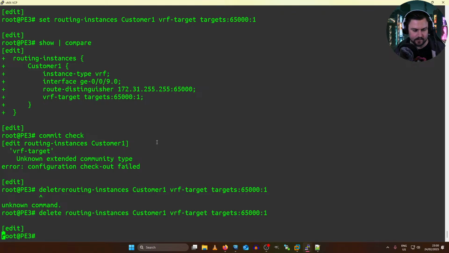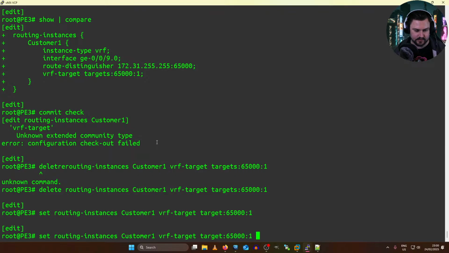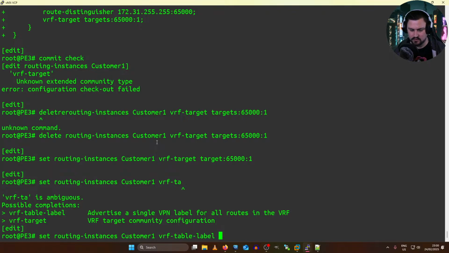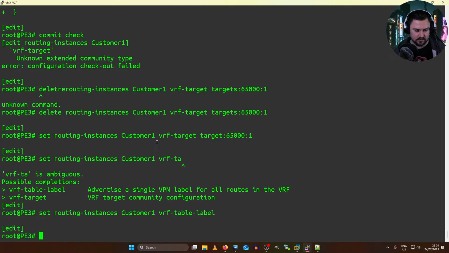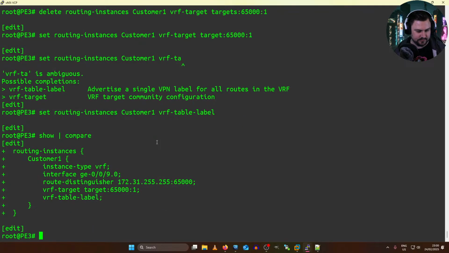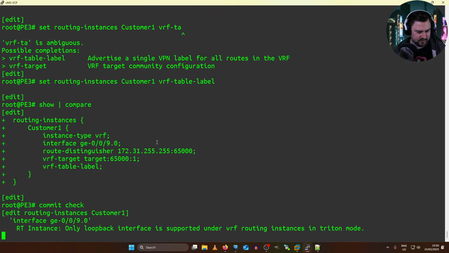So we can do a set routing-instances vrf-target, and that's where I can specify 65501 like that. And then I also want to do vrf-table-label. And let's see if I do a show compare. If I do a commit check,